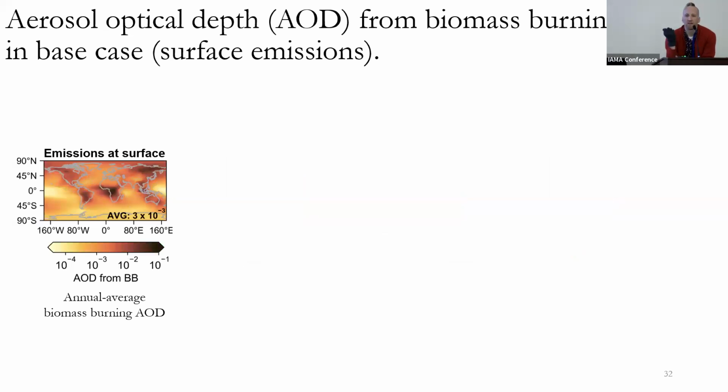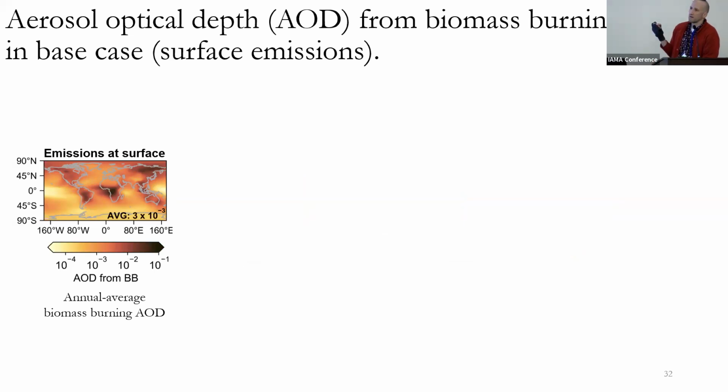All right, so now thinking about aerosol optical depth. This is the measure of the extinction throughout the whole column, and it's roughly proportional to the mass of aerosol in the whole column. So before we were just talking about surface PM 2.5, now we're talking about aerosol in the whole column, so starting to move towards radiative effects.